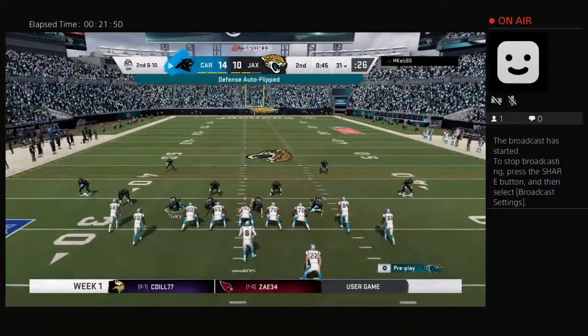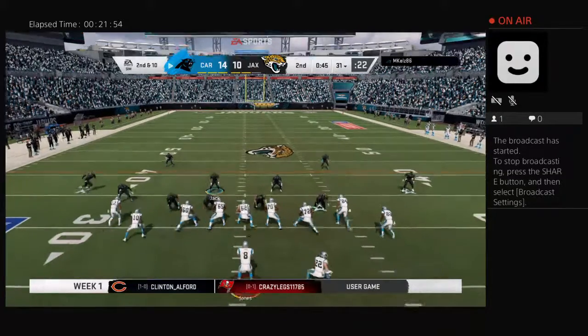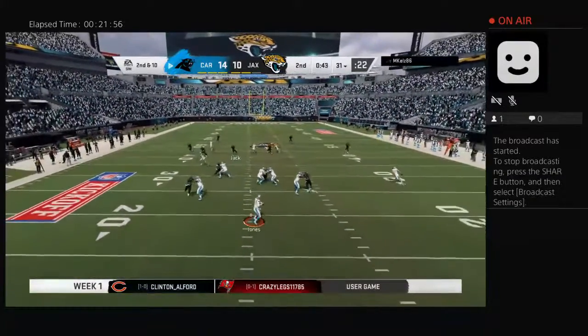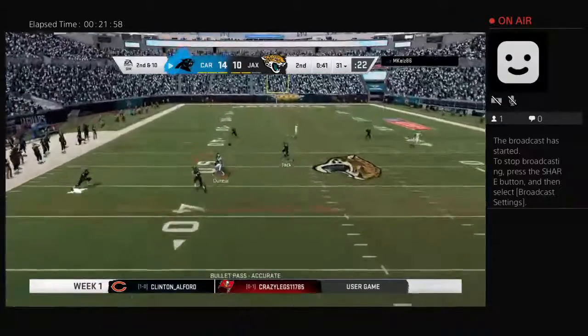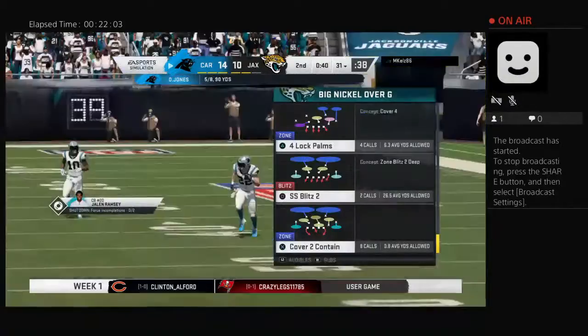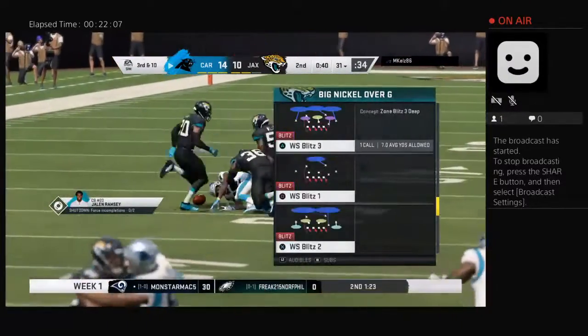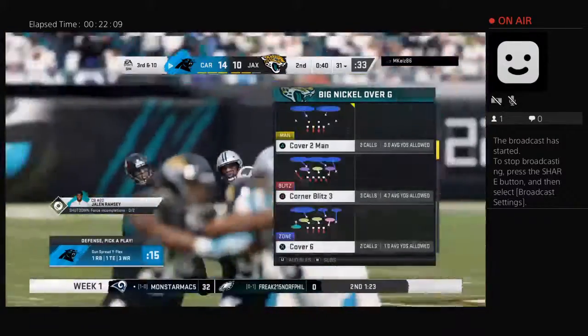Line of scrimmage, the 31, as they line up 2nd and 10. Go. Jones going to throw again. And that is incomplete. A lot of force bearing down on him there. He could not hang on. It's 3rd down. Brandon, it looked like he had his hands on it for a moment, but let's face it,